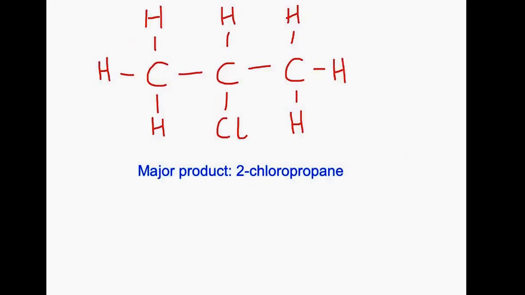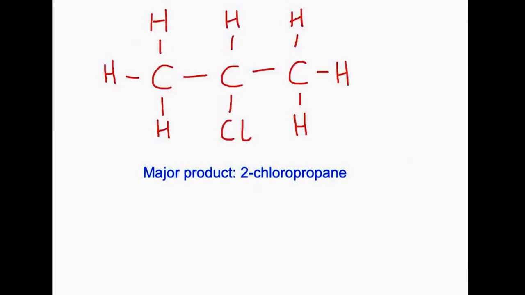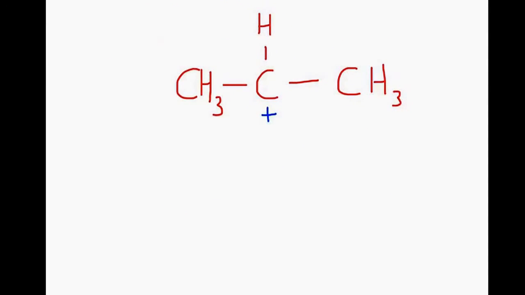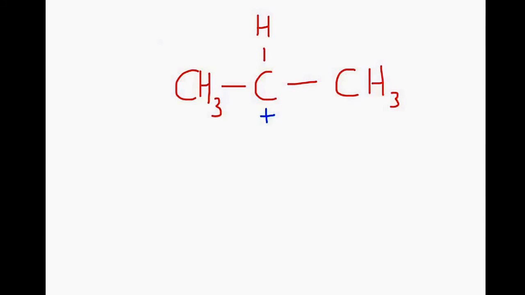And we can explain this by looking at the intermediate that's formed. If 2-chloropropane is the major product, that means that this carbocation here, where the positive charge is on the second carbon, must be the most stable cation, rather than having the positive charge at the end of the chain on the first carbon. The reason for this is that methyl groups, or any other carbon-containing groups that are attached to that carbon in the centre,